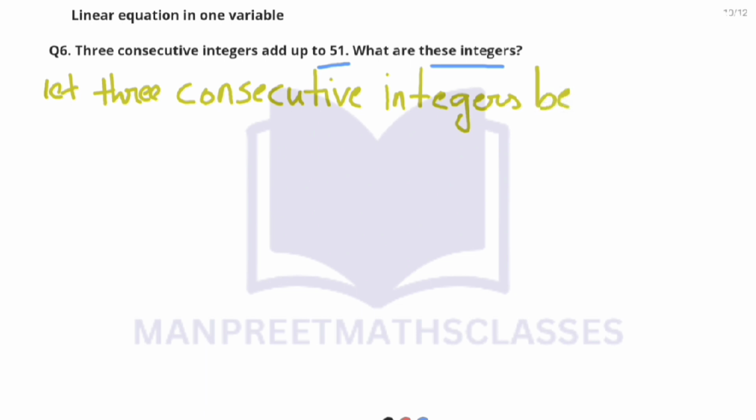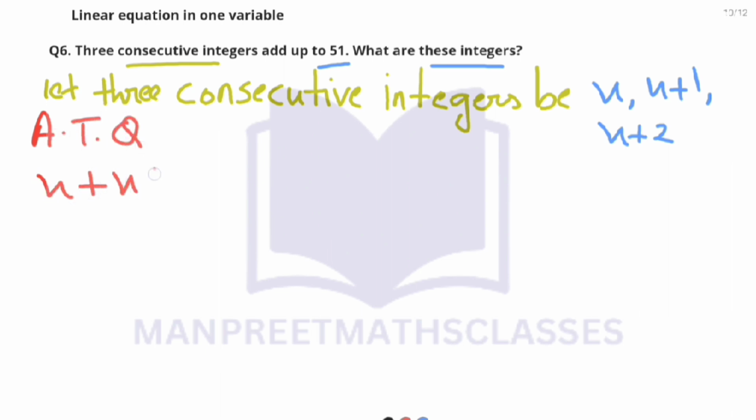अब 3 नंबर्स हैं और कॉन्जिक्यूटिव है, मतलब एक के बाद एक है। तो अगर फर्स्ट नंबर x है तो सेकेंड x प्लस 1 होगा और थर्ड नंबर x प्लस 2 होगा। दिस मीन्स कॉन्जिक्यूटिव, एक के बाद एक, लाइक 1 2 3 दे आर कॉन्जिक्यूटिव नंबर्स। अब हमें क्वेश्चन बोल रहा है देयर सम इज 51। सो अकॉर्डिंग टू क्वेश्चन x plus 1 plus x plus 2